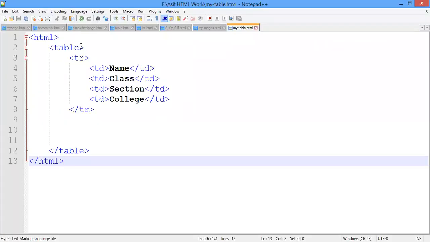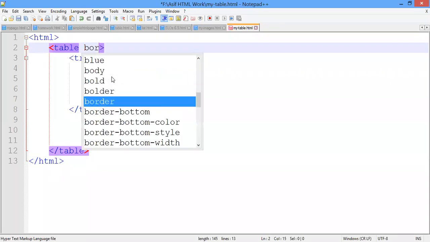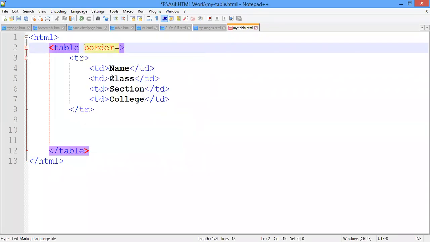Then you have to write down one attribute, that is border. Then write down the pixels, 2 pixels. Save it, Control S, and reload it. Here just press F5. Okay, so here you can see the border of the table.